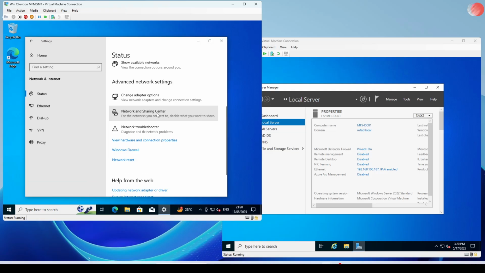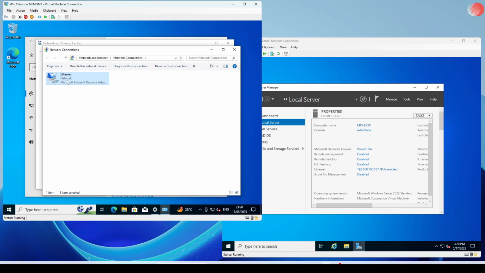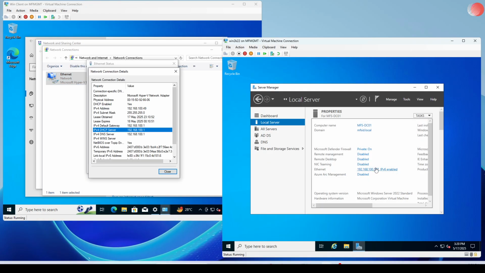I don't know, network and sharing center. Okay, so in this settings, you see my DNS server is my router. And if I look at the settings of my domain controller, which we have open here,